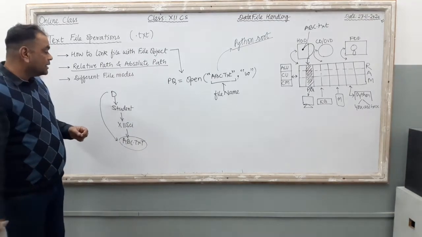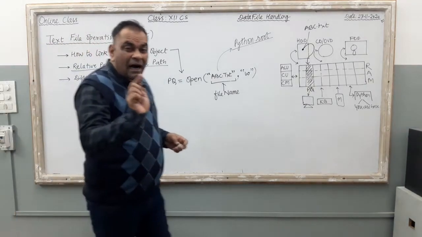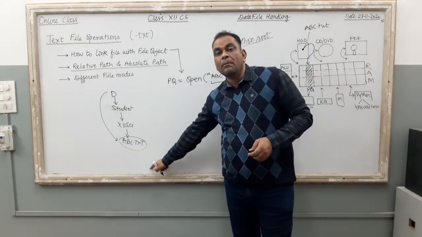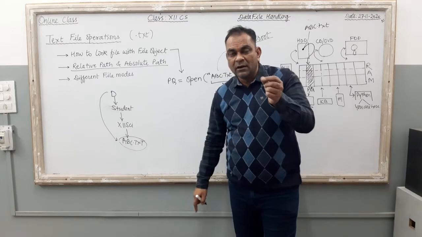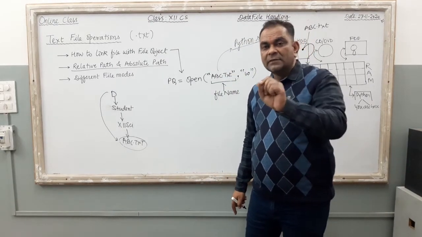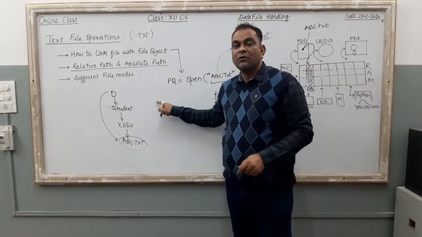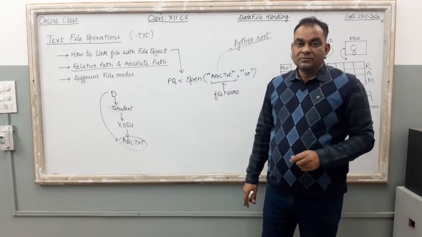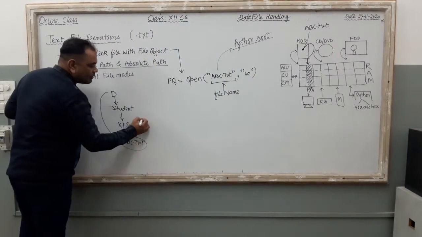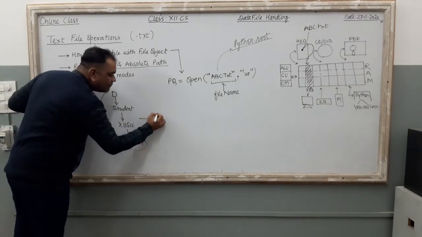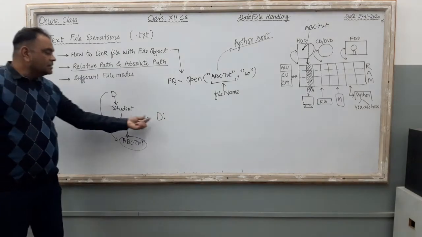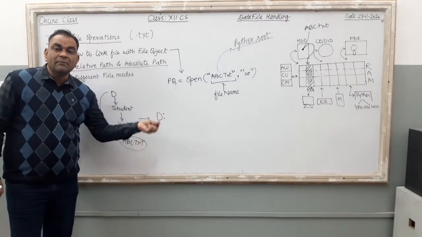Now see what the location is. Where will you find this location? For the file you want to open, just right click on that file and go to the properties page. When you right click, one menu is there on the screen. Just go to the properties part of that menu. Here in the properties you can find the path of your file, where your file is stored. Manually, if you want to know, see how to work out the file location. For the D drive, just write the drive letter with the colon sign. D colon means D drive. C colon means C drive.